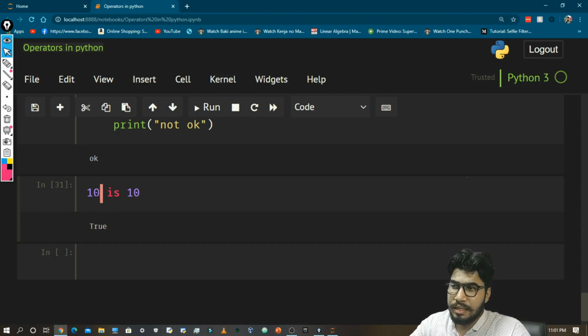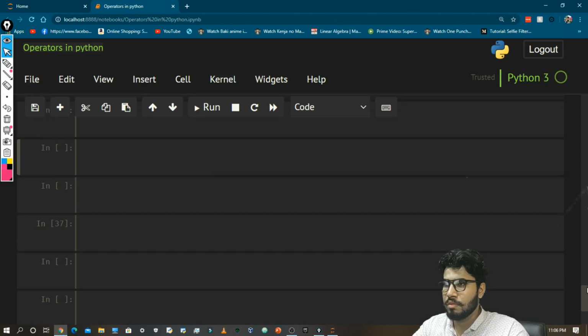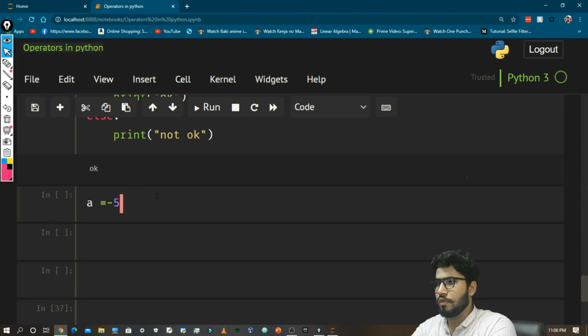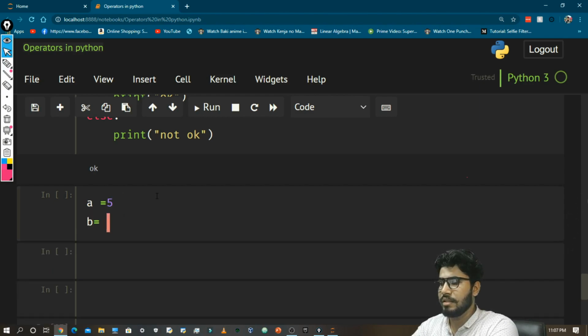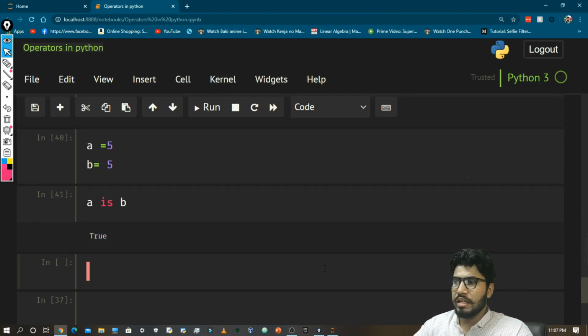Let's say A is equal to 5 and B is equal to 5, and now A is B. When I do that, it is showing me true. There is nothing much to it, but when we discuss data structures in Python, then I'm going to come back to this part.